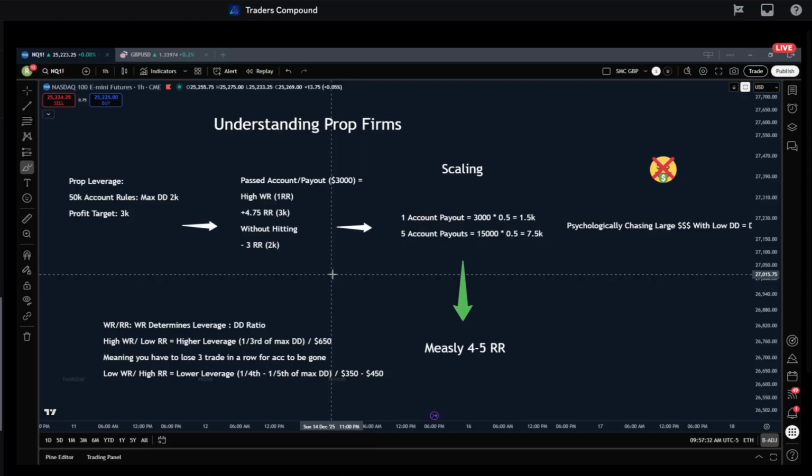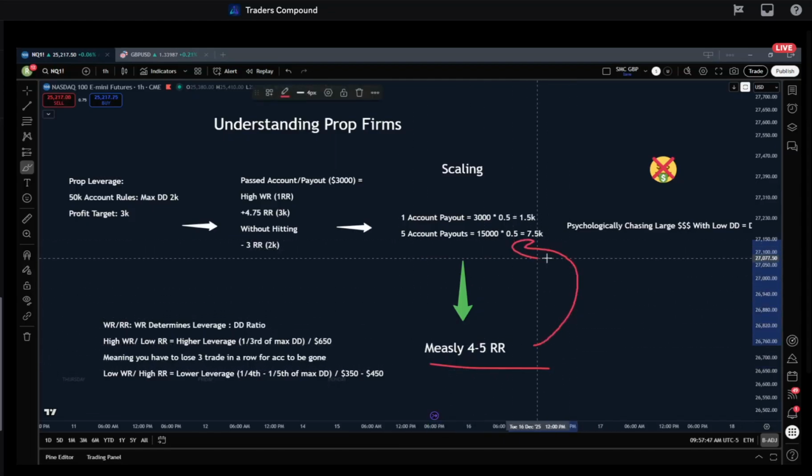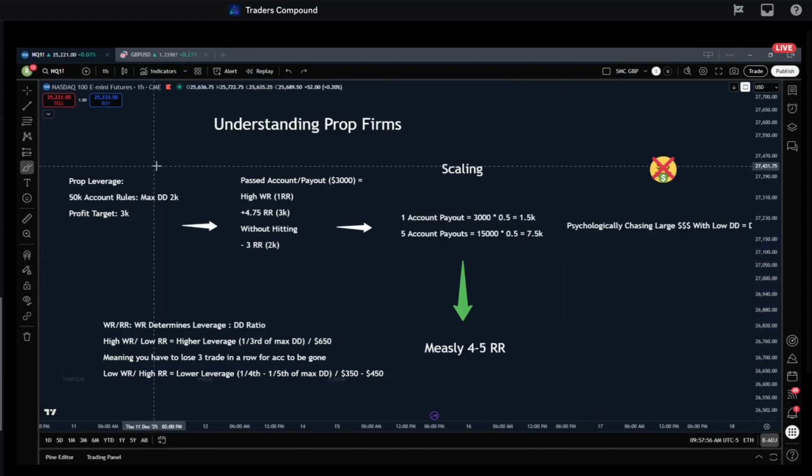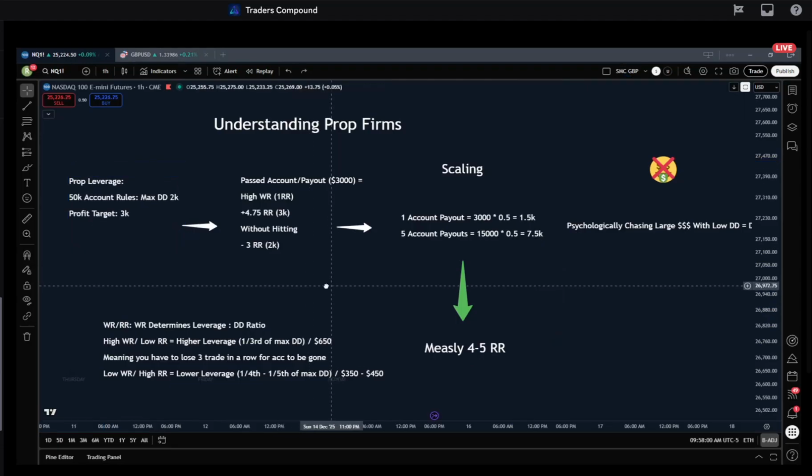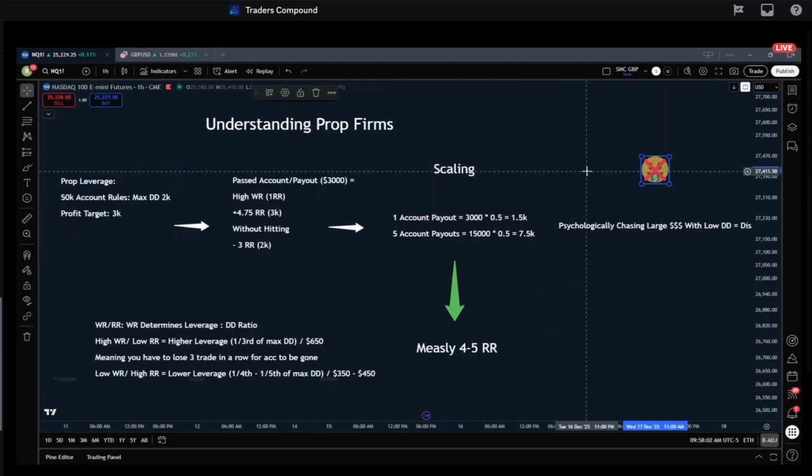How do we properly manage that, right? And obviously, it's not exactly 4 to 5. I know that. I have break evens. It's never going to be a perfect 4 to 5, but keep that in mind. But there we have it, right? These returns across one firm, that's 7.5 grand as a very, very realistic return just for understanding this risk plan and just for copying the trades. That's all it is. Okay.